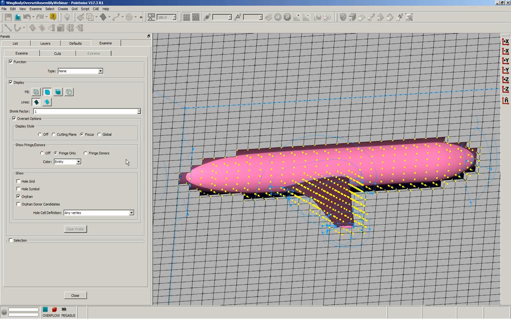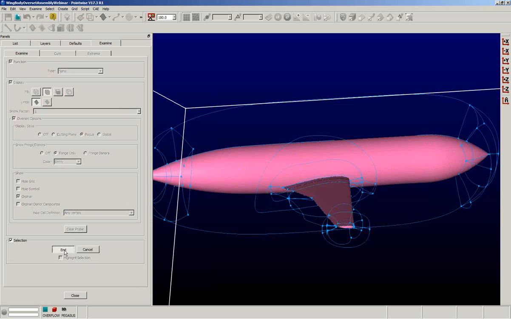So this is a really nice visualization tool for those of you using these overset features. The next thing that I would like to do is go back over here to the main examine tab, which I was already on, sorry. And what we're going to do is go down to the selection frame, and I'm going to change blocks real quick. And I'm going to pick this wingtip block,